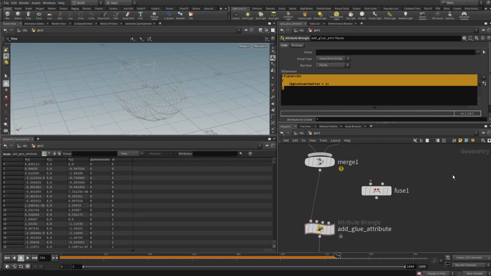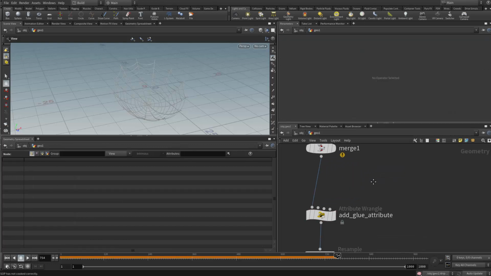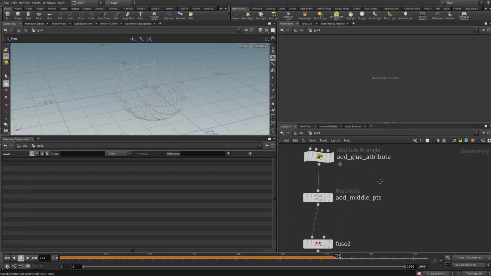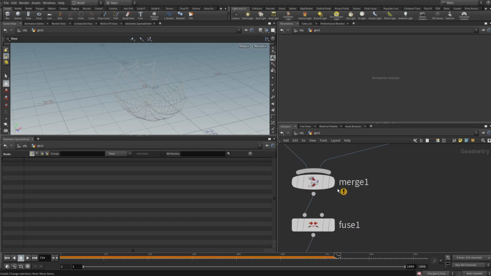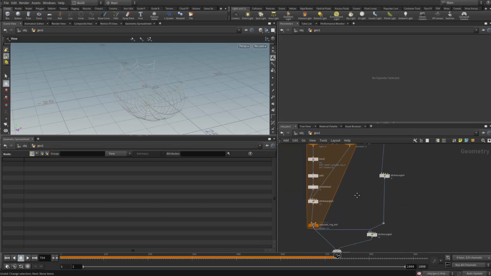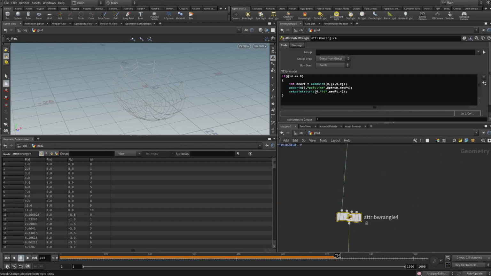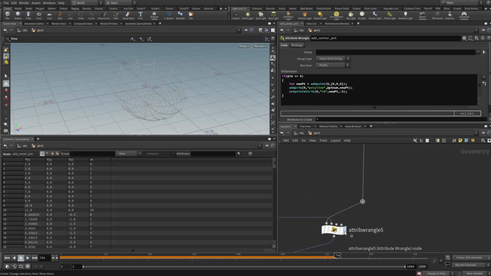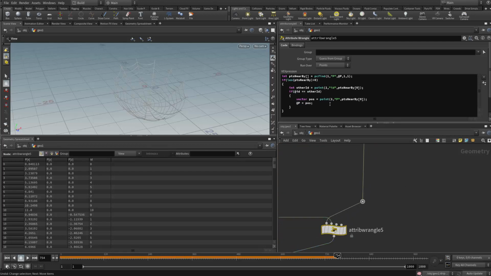This field is not needed. You can delete that. Okay. Oh, actually, I think you need that because it is needed for the resample. Yeah, that's correct. We need to fuse it and merge, right? So yeah, name your stuff. Like, what does this guy do? Oh, add center point. Okay, renaming all your nodes that you think are at least important. I think every node here is important. So yeah,